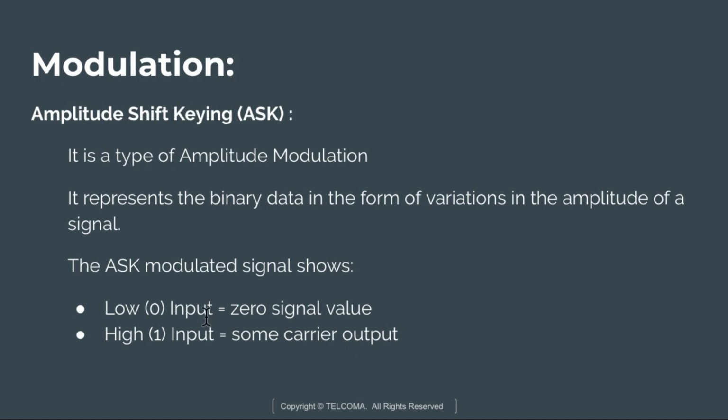So this is also known as on-off keying, and the advantage is that this is a simple circuit, and the disadvantage is that it is more susceptible to noise interference. So this amplitude ASK is used in our infrared remote control, and also used in the fiber optical transmitter and